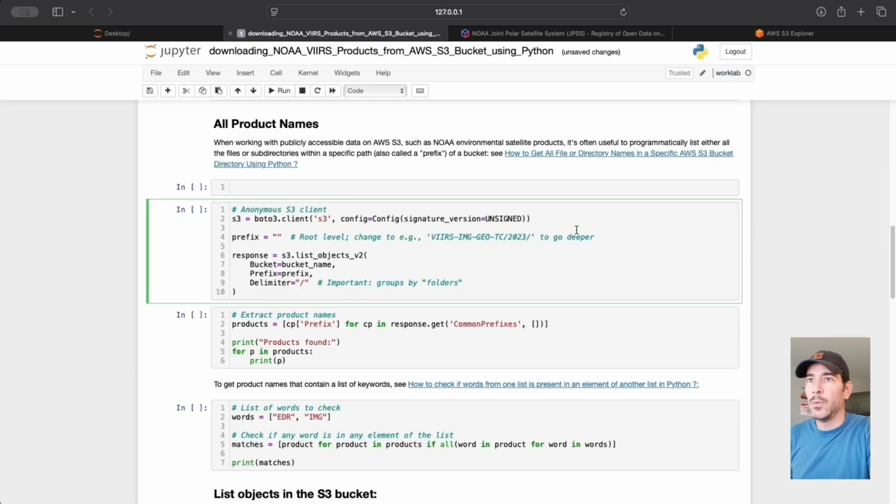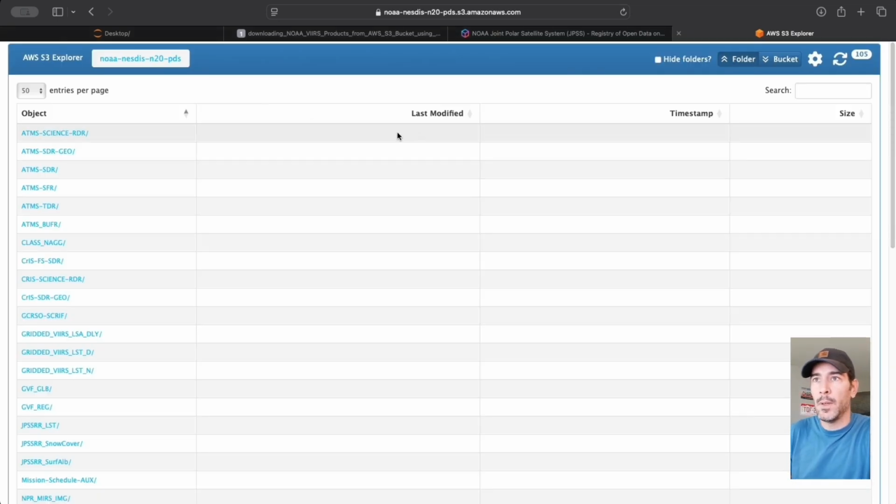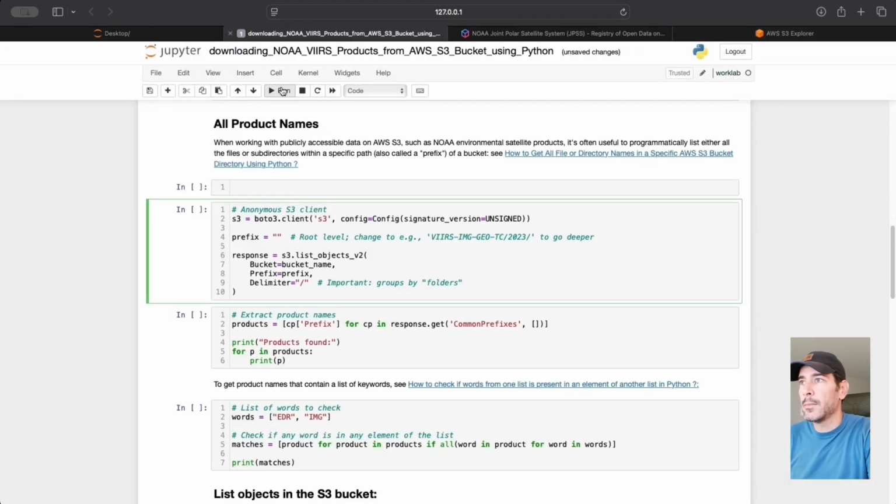Before showing you how to download a file from the bucket, I would like to show you how to list all the products in the root directory of an S3 bucket. For example, we want all product names that we can find in the root directory and put them into a Python list. This is something that I often use to quickly get an overview of all available products. To do that, you can use this function here, list objects v2, and store the results in a list. Now you can see